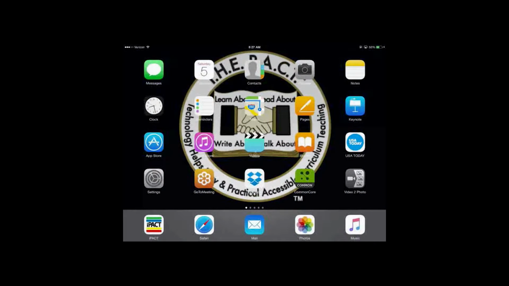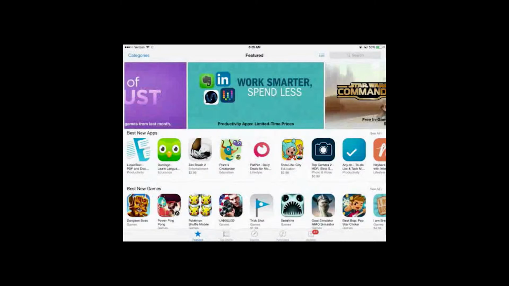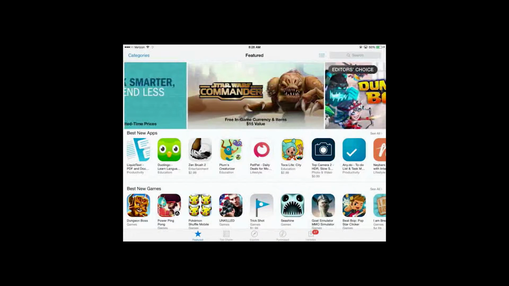One of our problems when using mobile technologies is that most of us have polluted our iPads with many apps that we don't even use. Sometimes we buy an app and it doesn't really do what we thought it was supposed to do, or we can't really figure out what it's supposed to do.